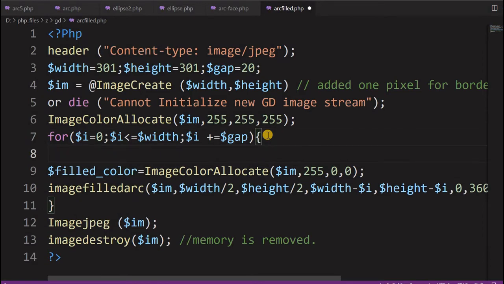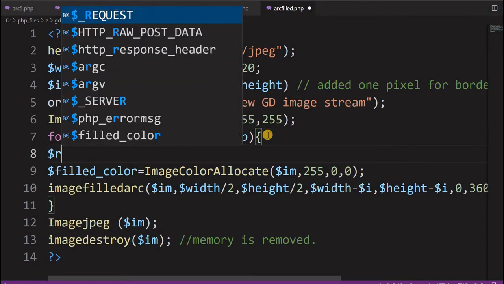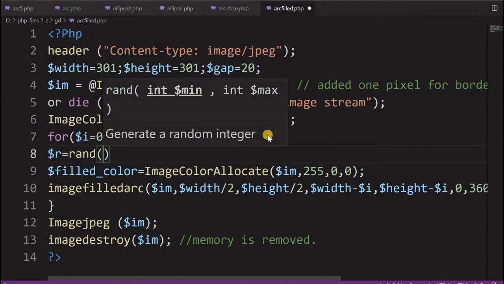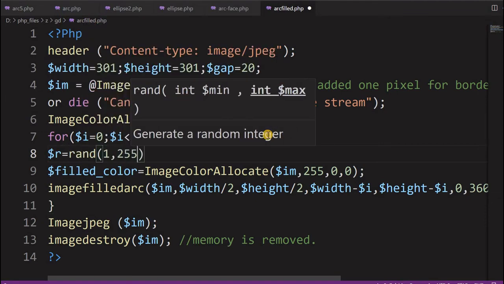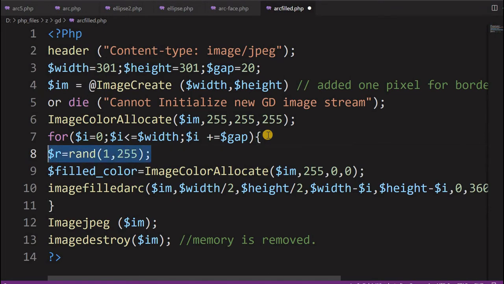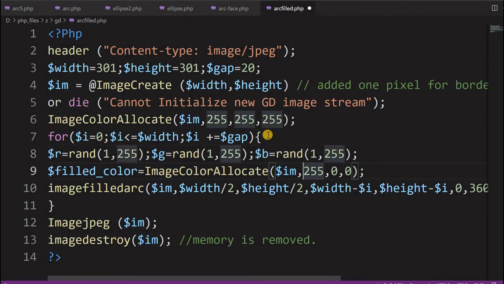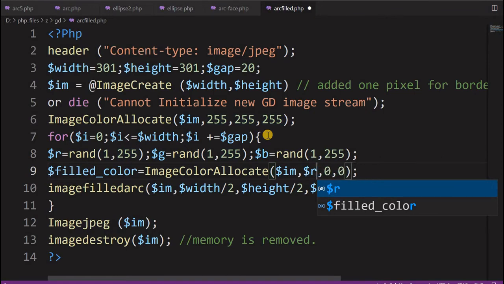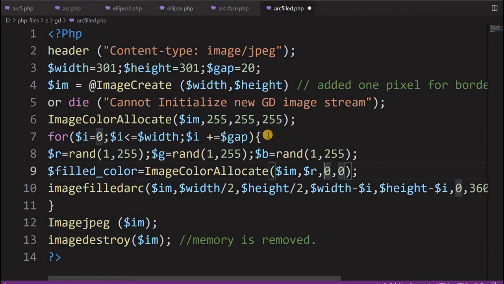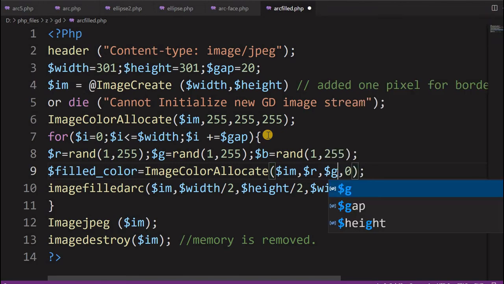We'll generate a random number for RGB. So R equal to rand. Now we'll start from 1 till 255. So random numbers will be generated. I will just copy this, and here I am pasting for G. Now one more is blue. So RGB is here. Now this value I will take it here. Instead of keeping it constant, every time one new value will be taken up. G, then here B. Fine.